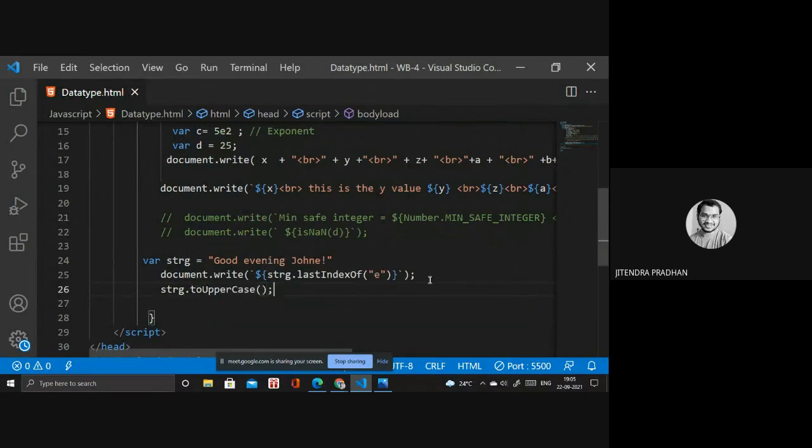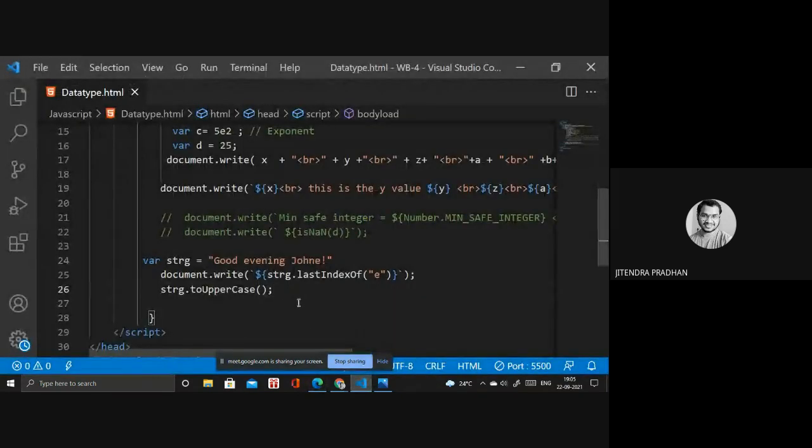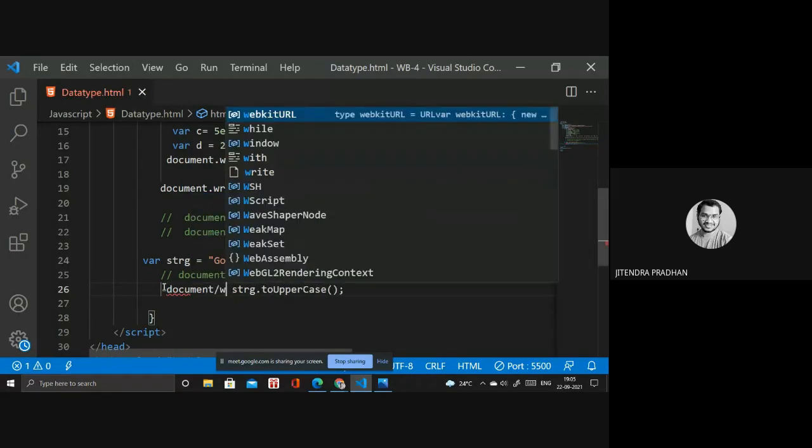Okay, now I want to print that one. So I need document.write. I will comment out these things because I don't require them.